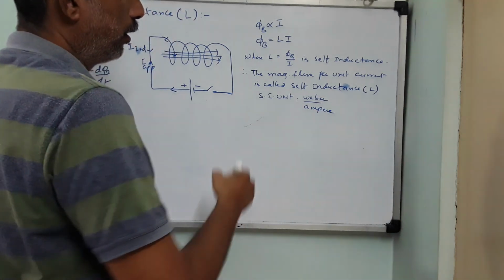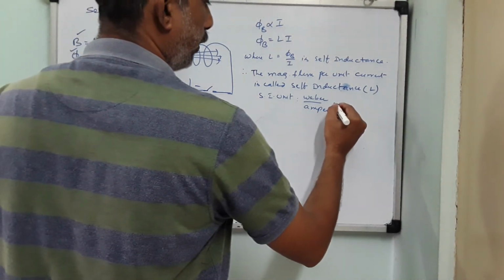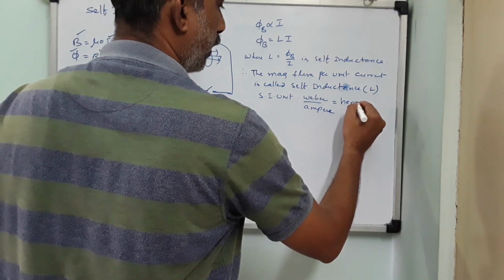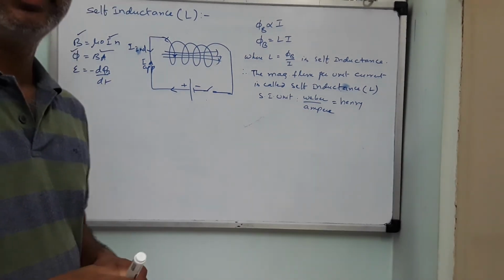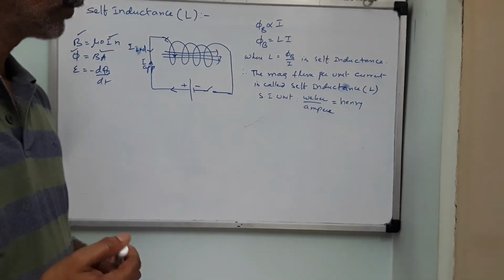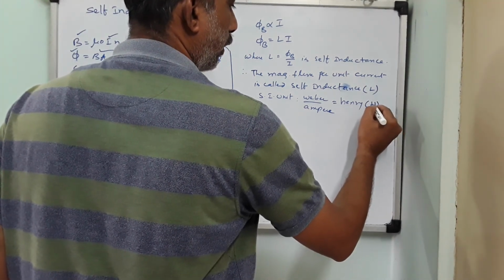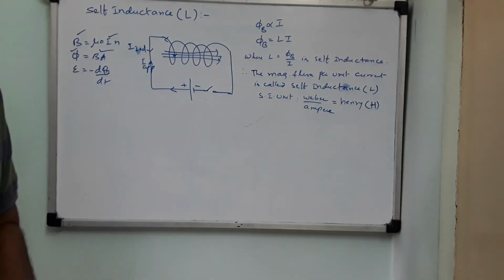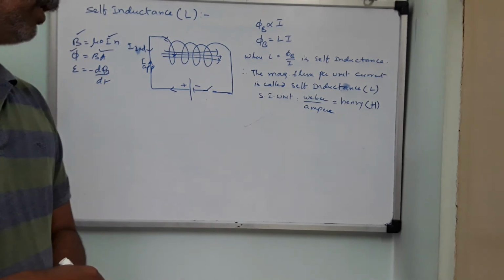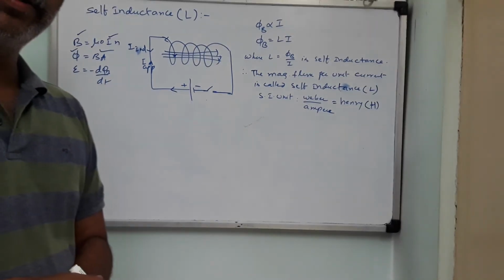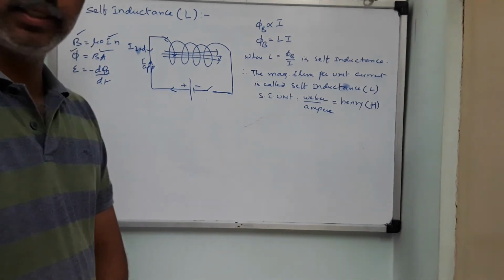So instead of using two scientists' names for a single unit, now this will be measured in terms of Henrys, in honor of scientist Henry, who is the founder of electromagnetic induction. This will be denoted by H. Now we do not define Henry from this definition, children. If there is 1 Weber of flux whenever there is 1 ampere of current, then the self-inductance of the coil is said to be 1 Henry. This is not the unit.